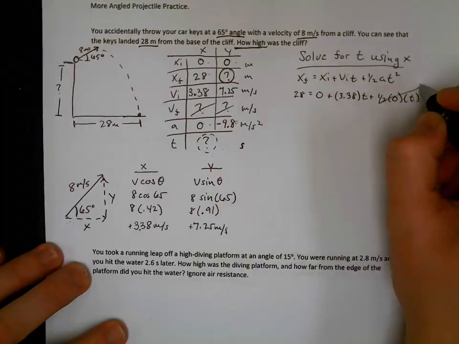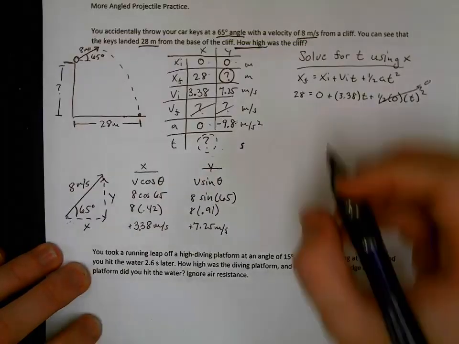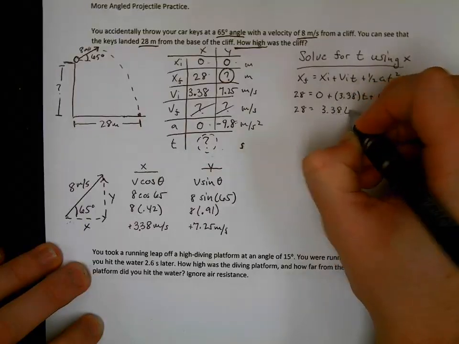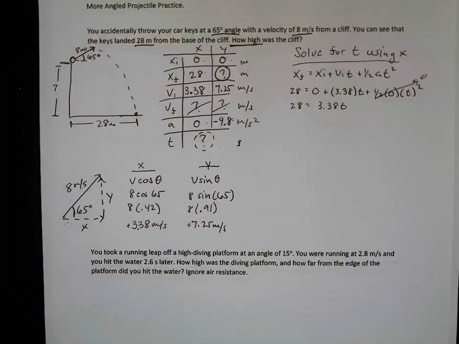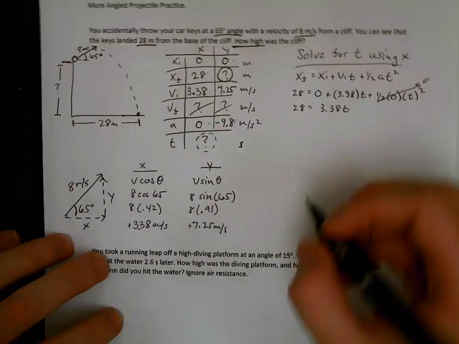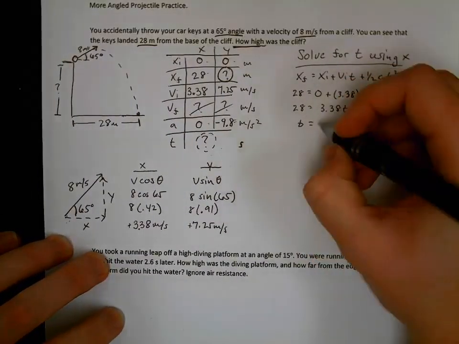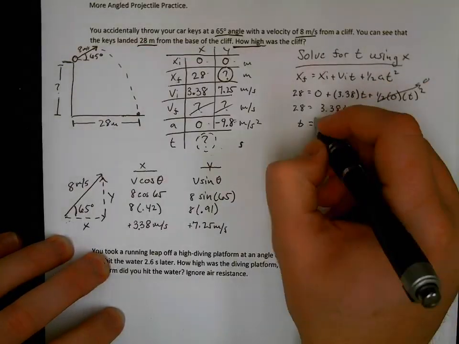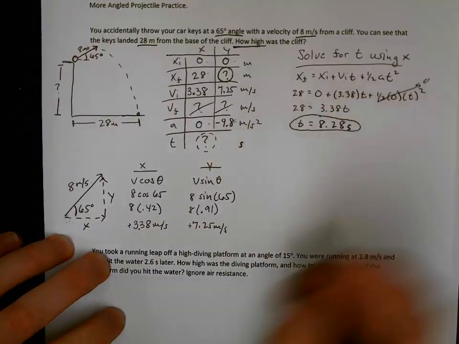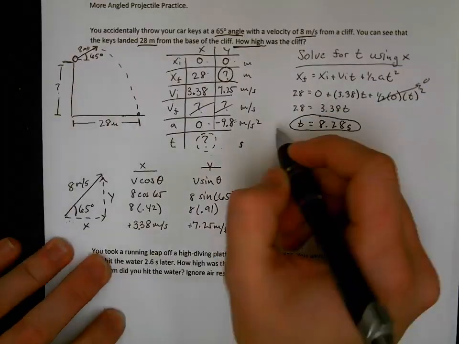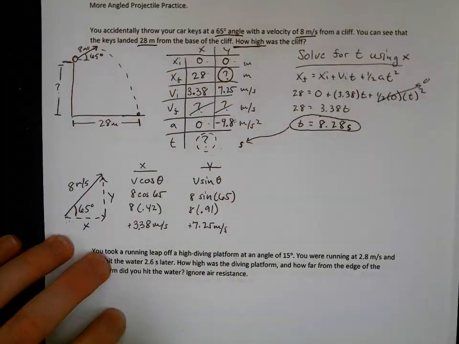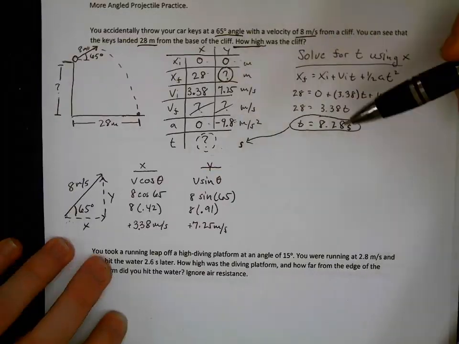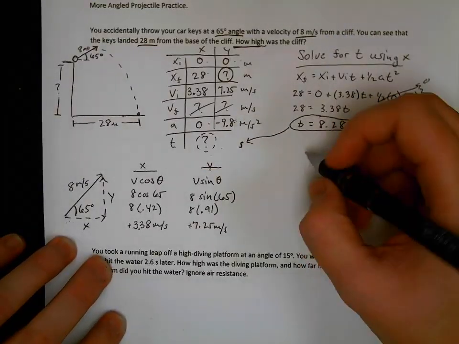Over here, everything's multiplied by 0, so that goes away, and we get 28 equals 3.38 t. All right, so we can go ahead and divide that 3.38 over to the other side, and we'll get a time of 8.28 seconds. So it took 8.28 seconds for the keys to hit the ground. Now I can use that in my table over here, and I have 1, 2, 3, 4 things for the y direction now, and I can go ahead and solve for the height of the cliff